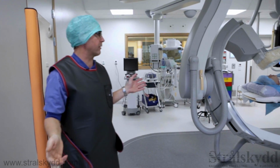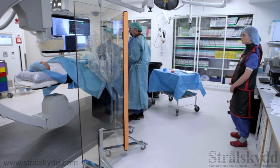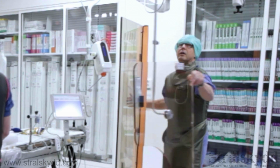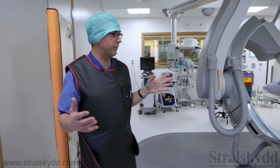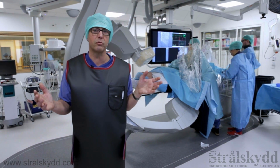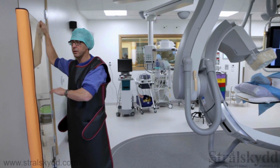This is a normal cath lab where we do PCI. We have a lead apron on all staff, and we also have a shield that hangs from the table, another shield that's mounted in the ceiling. The problem is that if I would go and stand in this area, we would have a lot of scattered radiation. So that's why we invented this